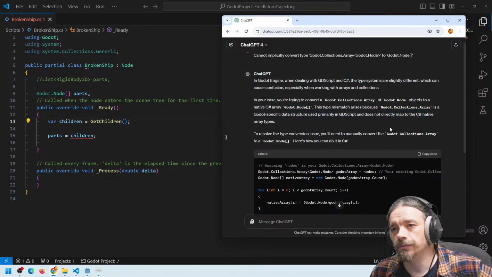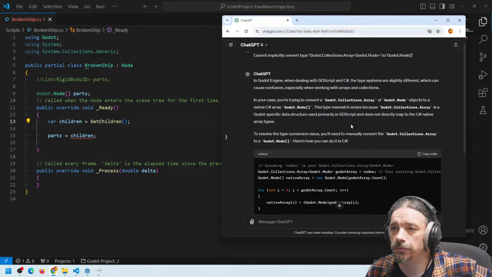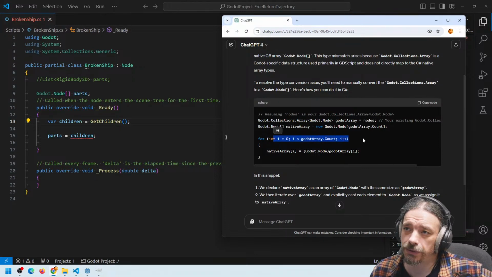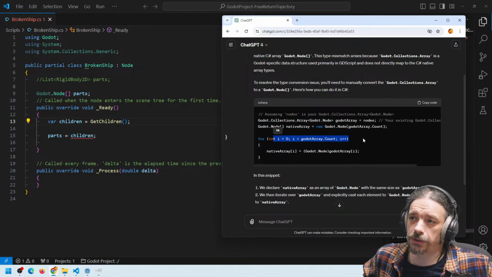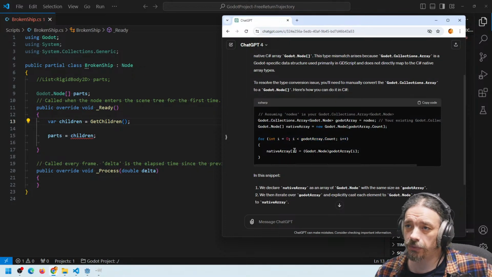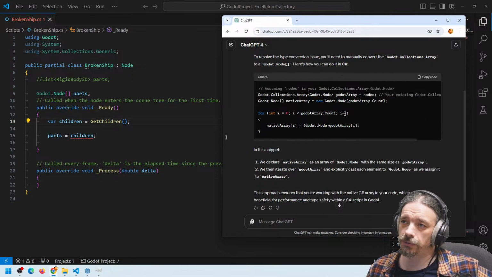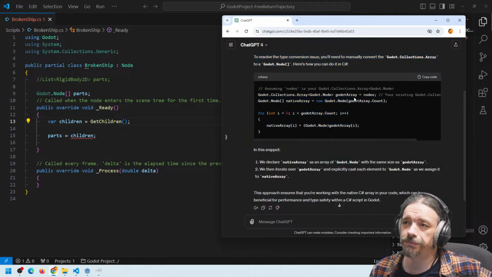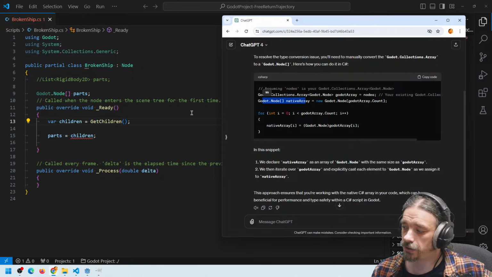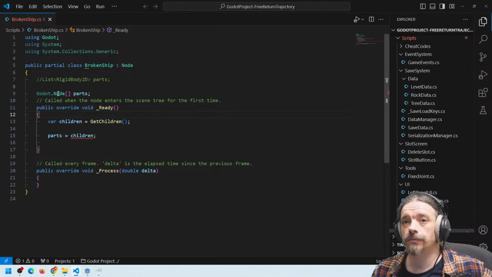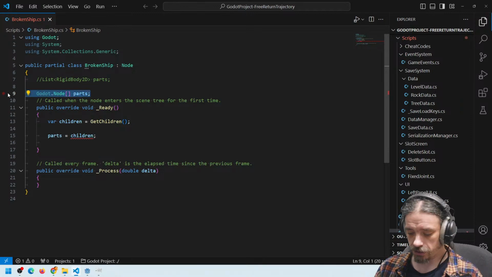Okay. To solve the problem, the type conversion issue, you'll need to manually convert one to another. Yeah, and this is a for loop, for each one inside one of the arrays. I will get it manually and put it into the other. So it was the solution I was thinking of, but I didn't know that this one is not the same as this one, because for me an array is an array. Anyway, so let's delete this line over here